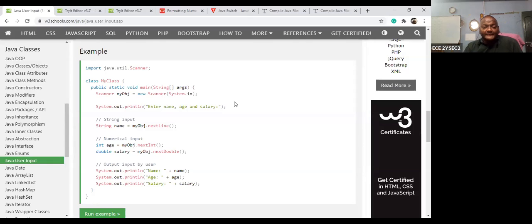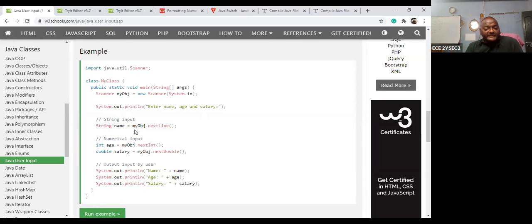This is my object, one object is created. Second thing, please note System.out.print: enter name, age and salary. Name is a string, so to read the string you can use nextLine. Age is an integer, so for this integer you can use another way. Salary is a floating point.